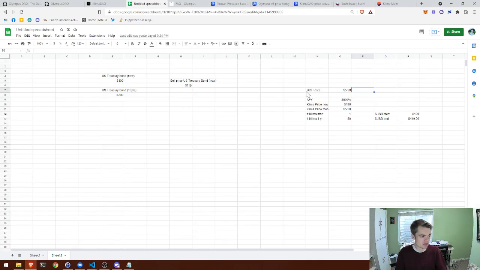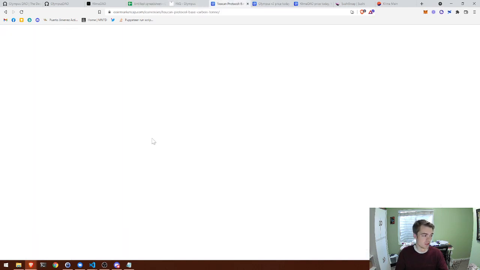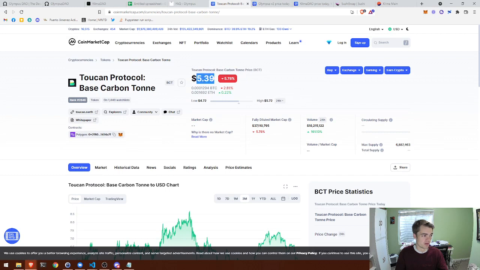Actually, let's go back to this figure that we used from the last chart. 1 carbon ton, which is the backing of KLIMA. Oh, this is a great time to talk about backing. It means like how the US dollar used to be backed by some amount of gold. A KLIMA token is backed by 1 BCT, 1 base carbon ton, which you can see right now costs about